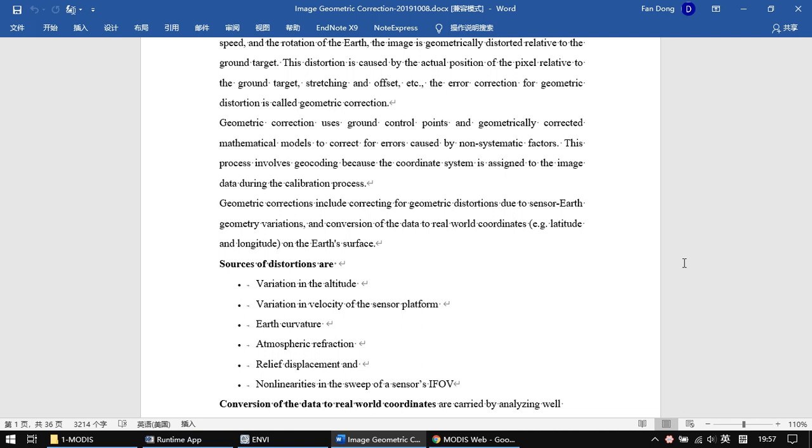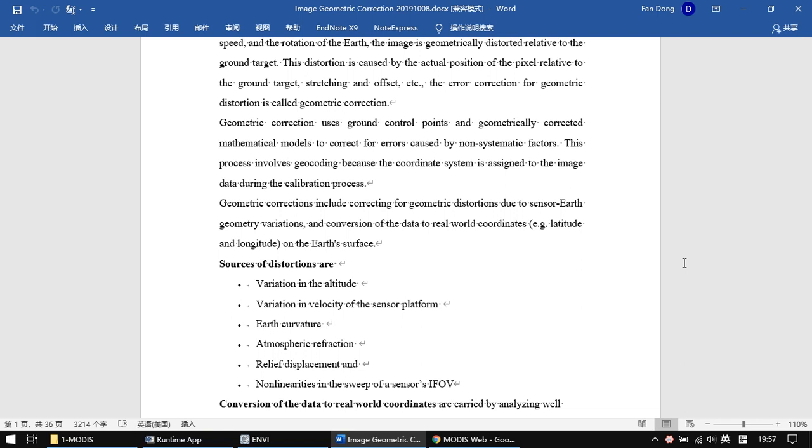That is geometrically corrected and not geometrically corrected. In most situations, as users of remote sensing data, we can choose to download the higher level data, which usually have been geometrically corrected,